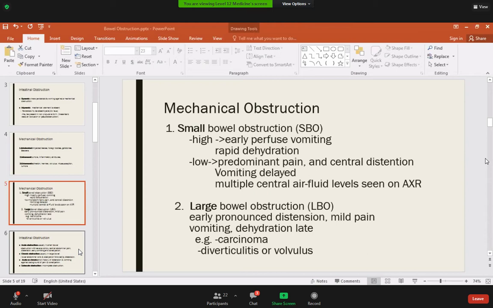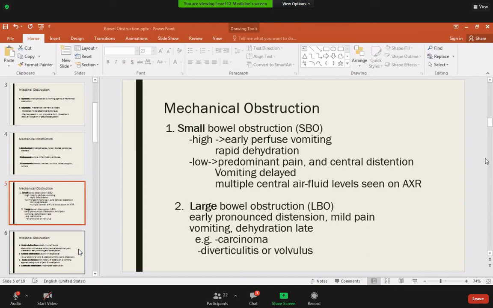Vomiting occurs but is delayed, because vomiting happens when the gut contents get too much in quantity, back up in the stomach, and then come out. So it takes time. So in low small bowel obstruction, we have pain and central abdominal distension, but vomiting is delayed. Now if we talk about the X-ray presentation of these two conditions,